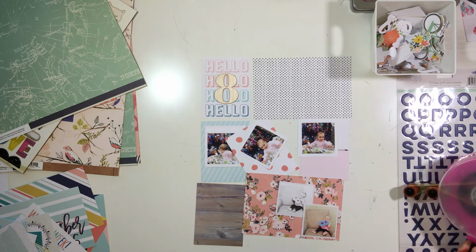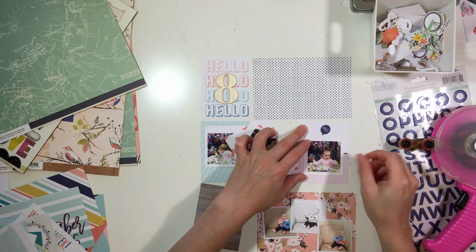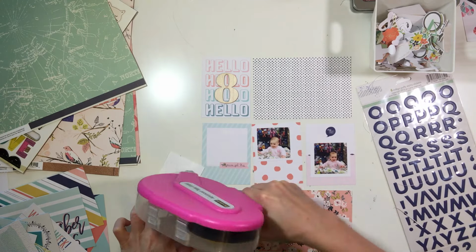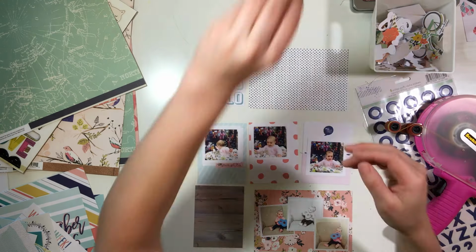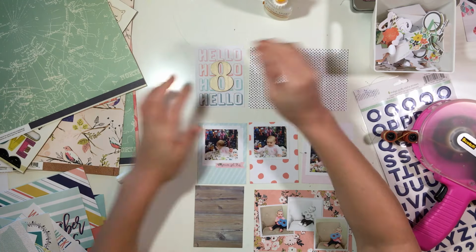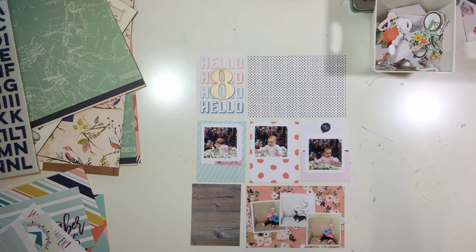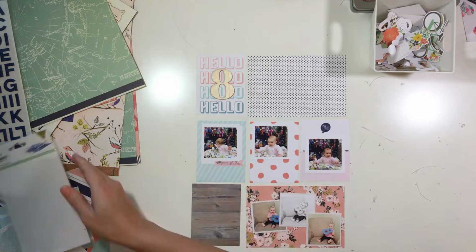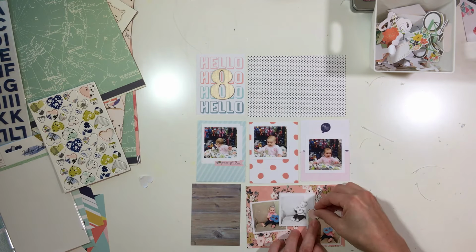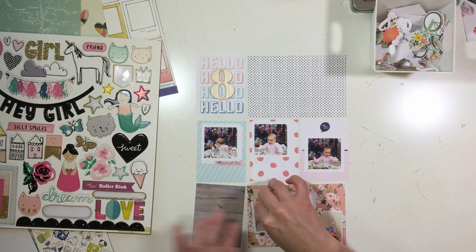So I decided for the top card, that card that's exclusive from the Hip Kit Club says hello, and it's in kind of a gradient form. It has like pinks and purple, or pinks and blues, and all that kind of stuff. Anyway, I looked and looked for alphas that I wanted to use, because my thought process was I was going to use the alphas on that other piece, and so I was looking. Actually, I searched for alphas. I found alphas, but I was searching for a piece of patterned paper to use underneath that,